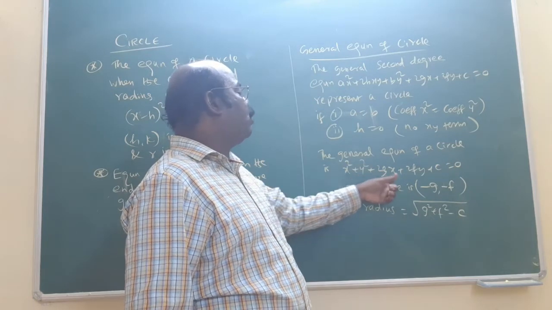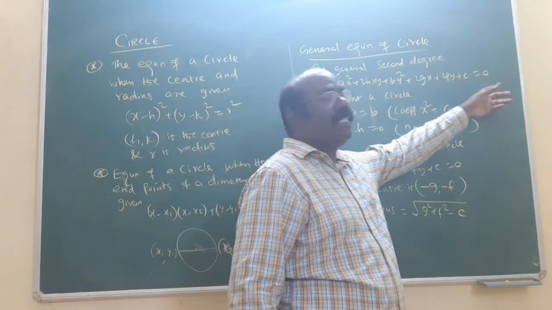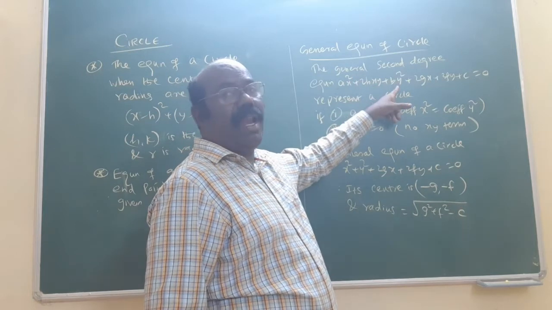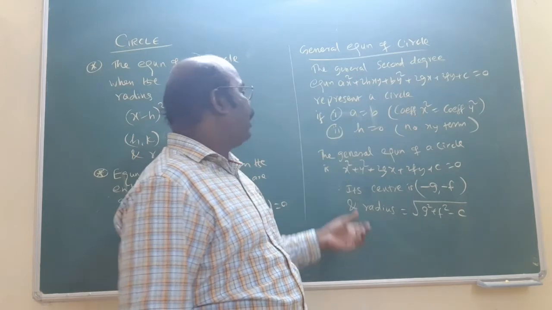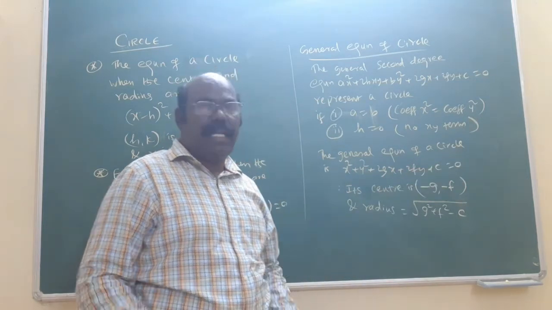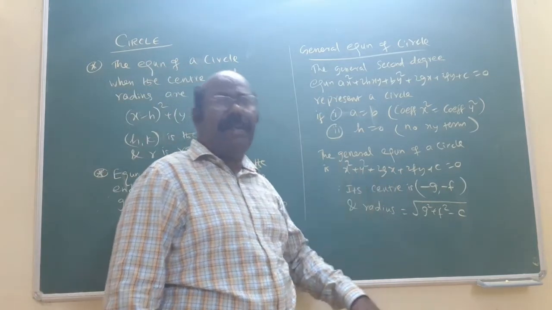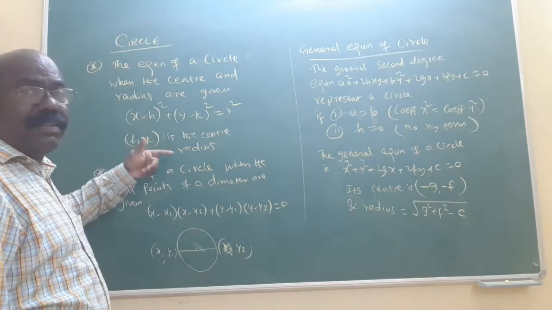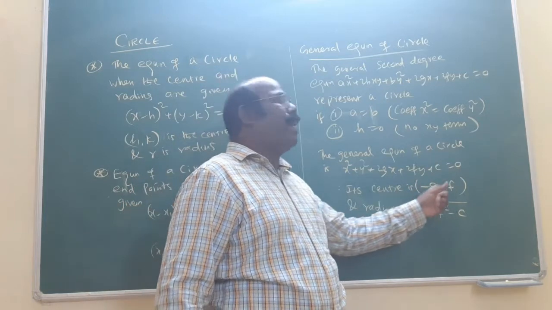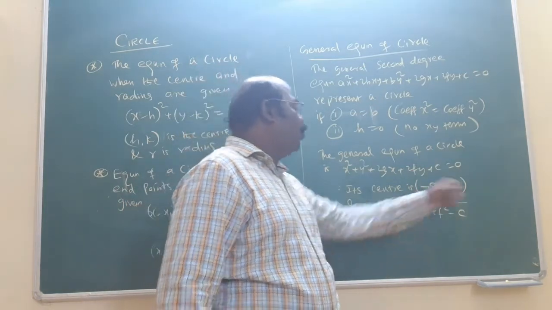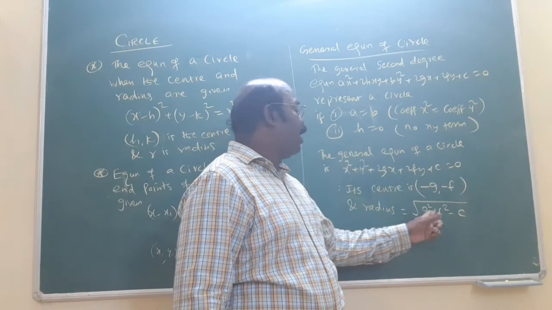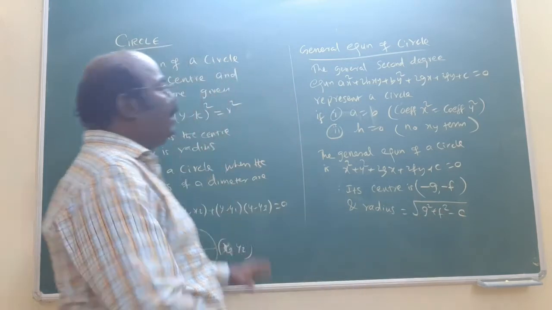In this way, this is the general equation of the circle: x² + y² + 2gx + 2fy + c = 0. The last three terms are the same, but here there is no xy term, and a and b are equal. Am I right? That's why I start with x² + y² + 2gx + 2fy + c = 0 as the general equation of a circle. Suppose this type of circle is given, you find the center and radius. For the circle given, the center is (−g, −f). The radius is √(g² + f² − c). The c having no square is important. g² + f² − c.